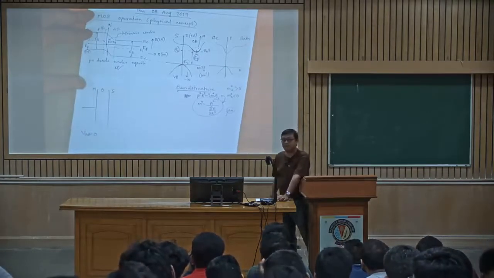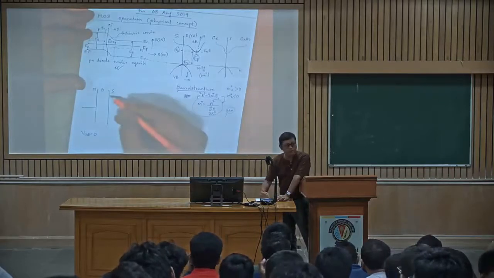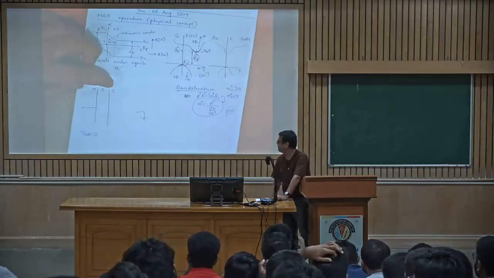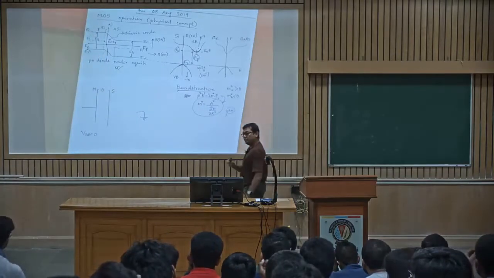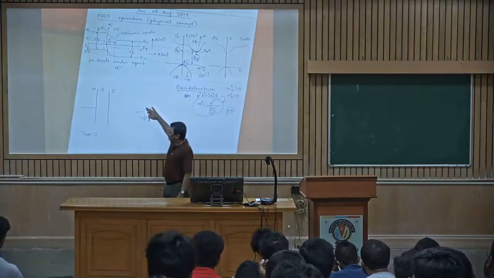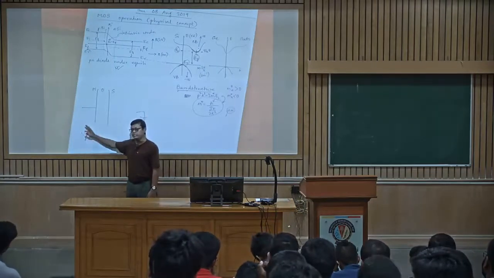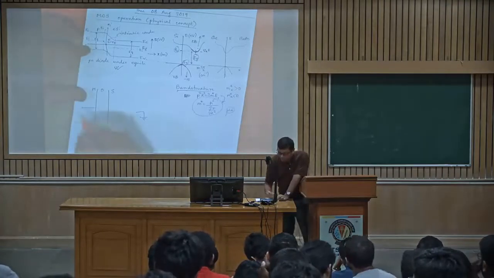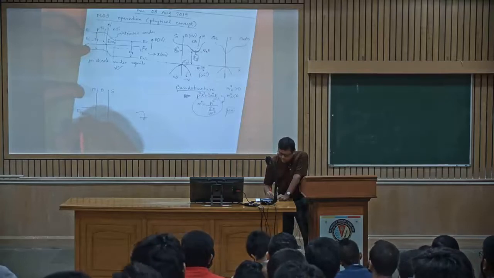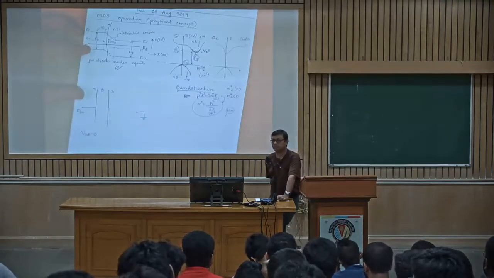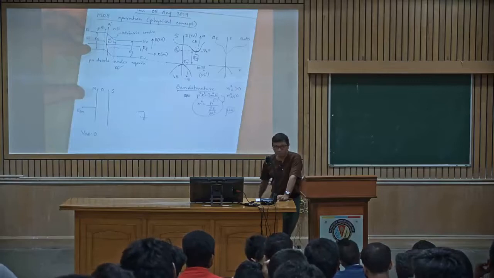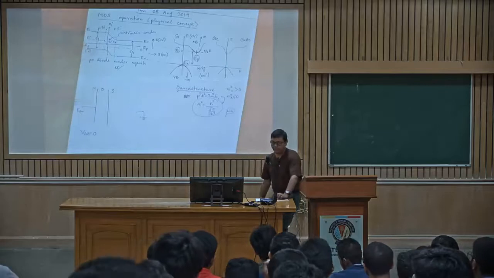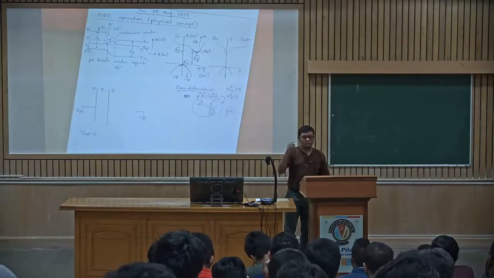Whenever I am writing VGB equal to 0, it means that the bulk of the semiconductor, silicon, is actually grounded. Makes sense? All I am suggesting is you can put VB equal to 0 and put VG. VGB means with reference to the body. Now, in the metal part, you can put EFM. That is the metal work function.